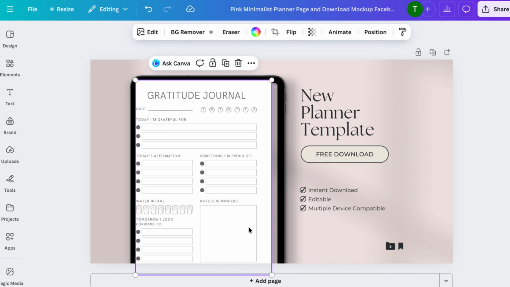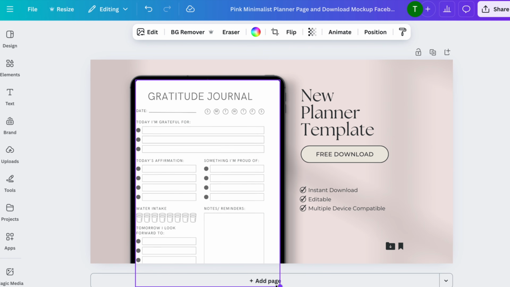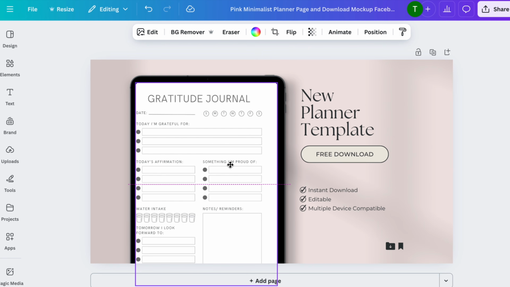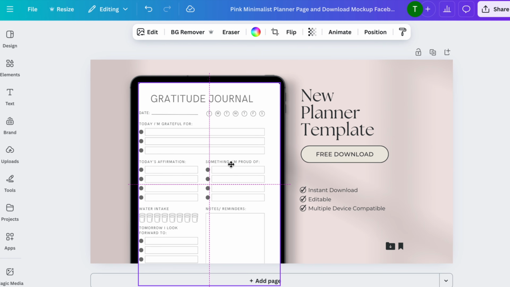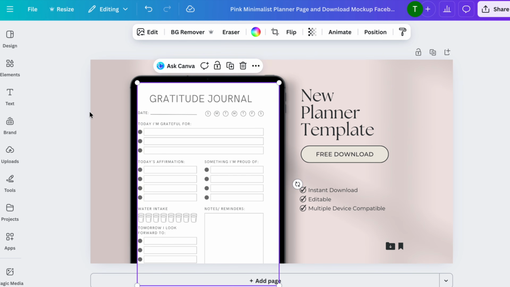And then this little frame here, we want to resize this and move it so it covers the whole iPad. And then let me show you how to get that title page from your PDF. So we're going to